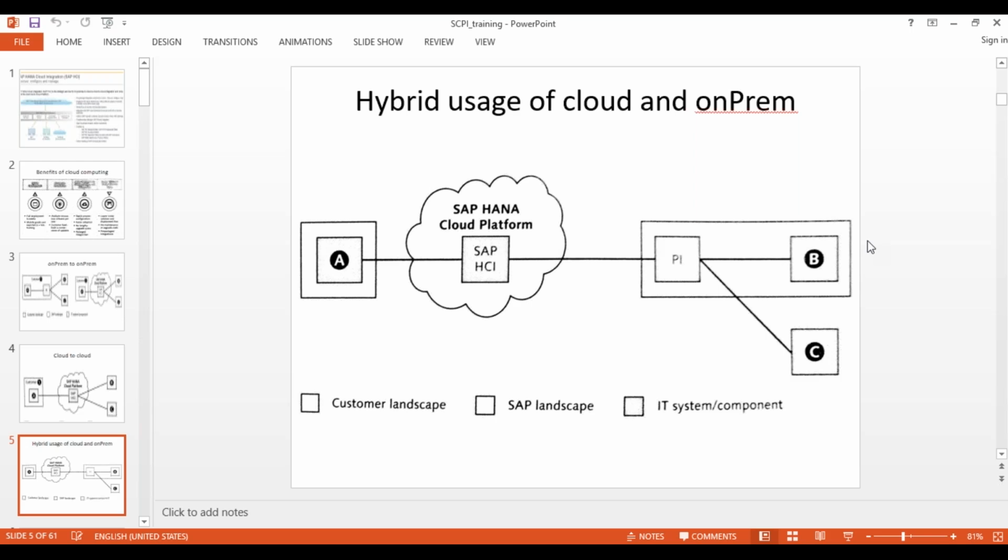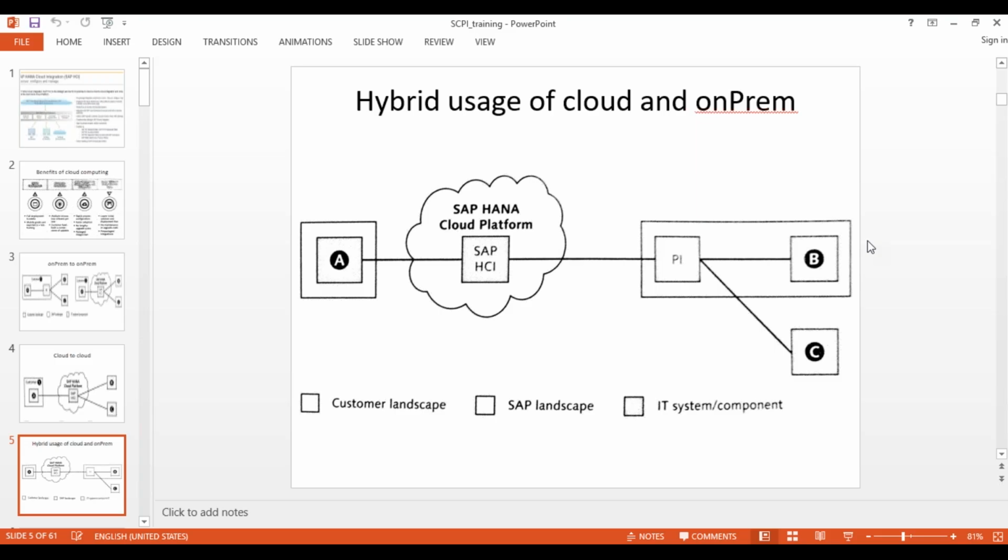And the third type of environment is a hybrid environment, like cloud to on-premise. On the on-premise level, you already have the PI system which is integrated between the systems. Now a new system is added, like a cloud system. So you are using CPI to integrate the system from the cloud to the on-premise.